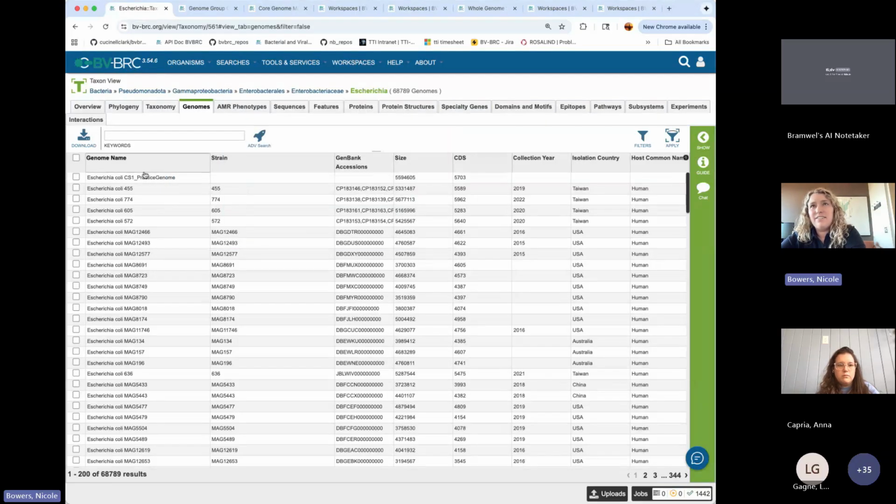Then each of these data pages are really congruent. So if you're more into proteins, which we have labeled as features for the most part, like right here, it follows the same